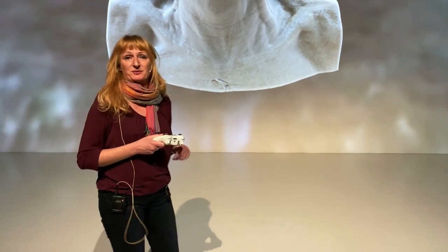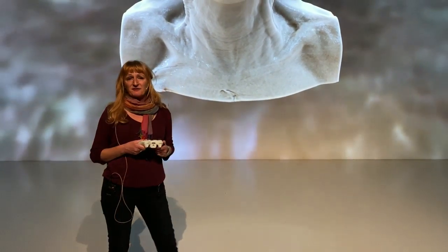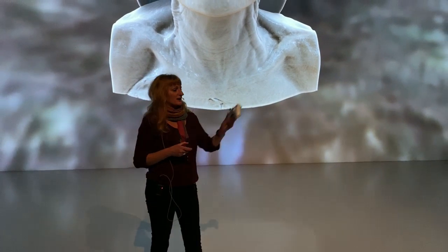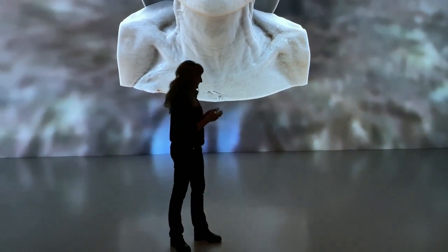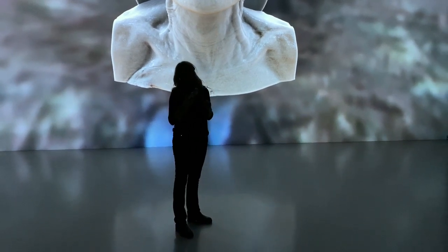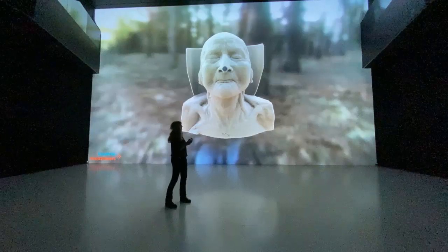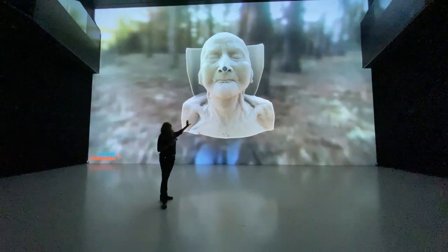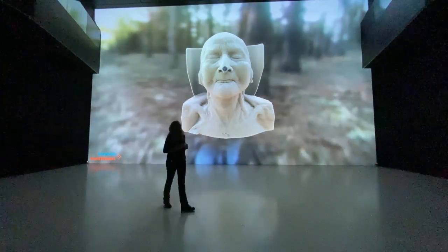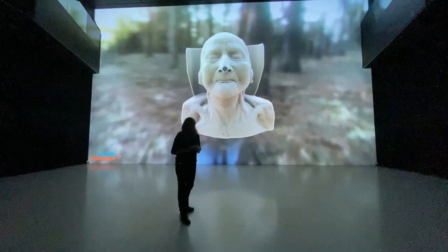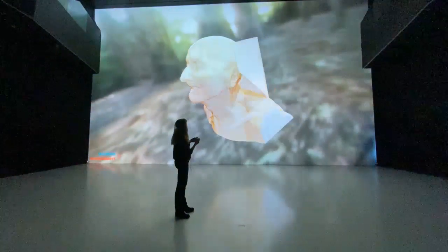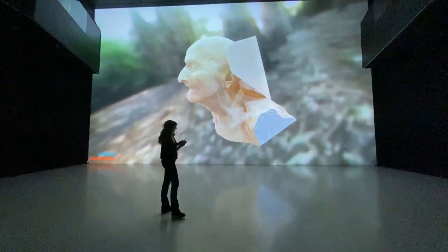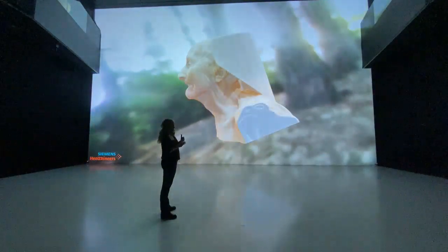First of all, let's start with this here. So we have the head of a patient. You can see I'm having an Xbox controller in my hand. And with this Xbox controller now, I can navigate and control the image that is projected onto our 16 by 9 meters projection area. So I'll show you. So the data here, the scientific data,